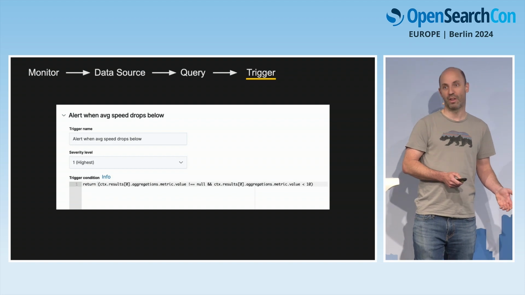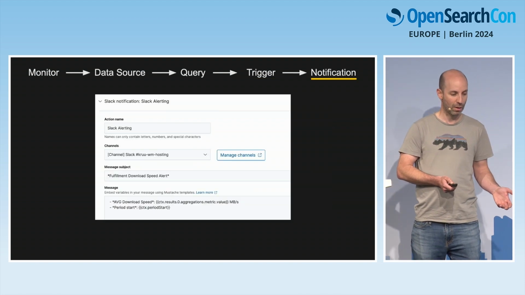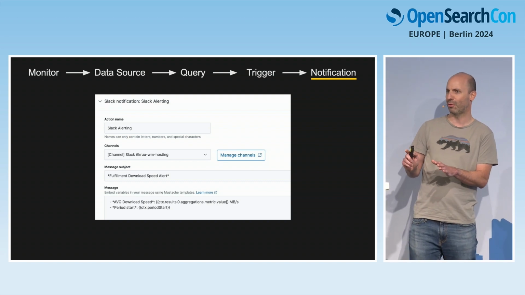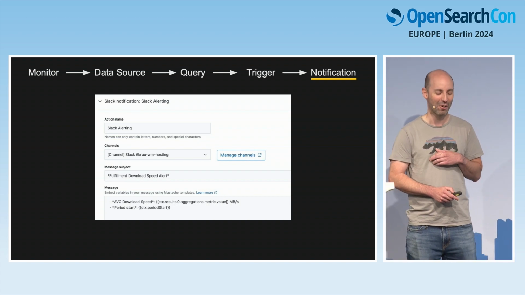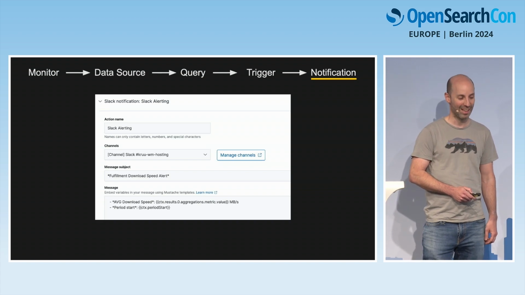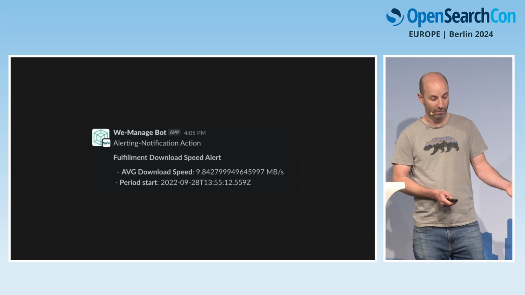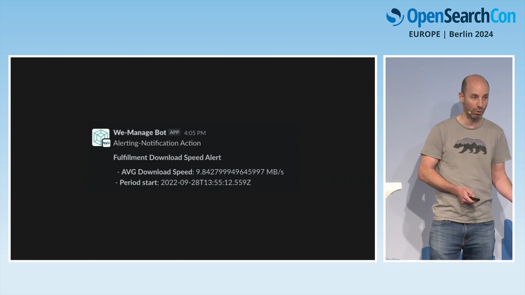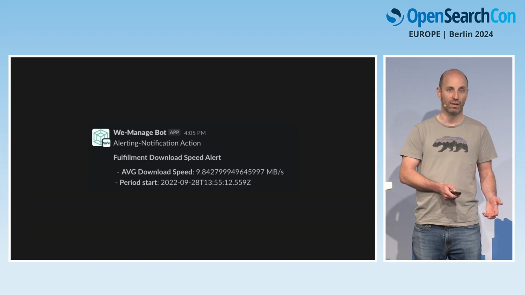Then we need a trigger on the return value we have from the query. And then just create a notification. Yeah, this also goes into a Slack channel, but I promise this time it's not a black hole, and we monitor this much more carefully. And there we have it already, our first alerting in our Slack channel. Super cool, super easy. This all was implemented in 1 day, so